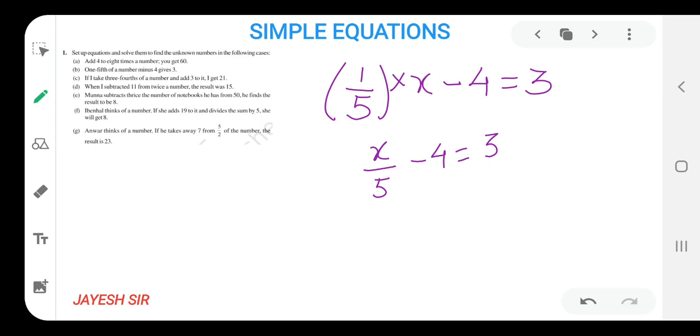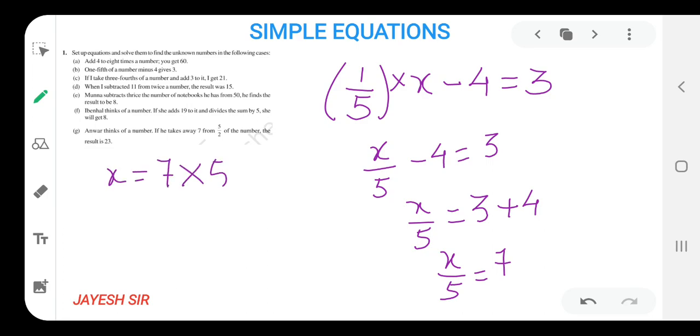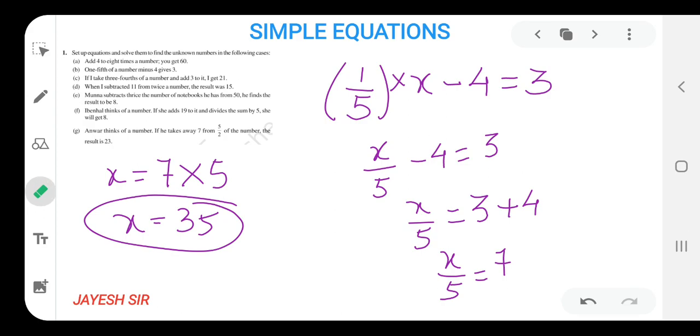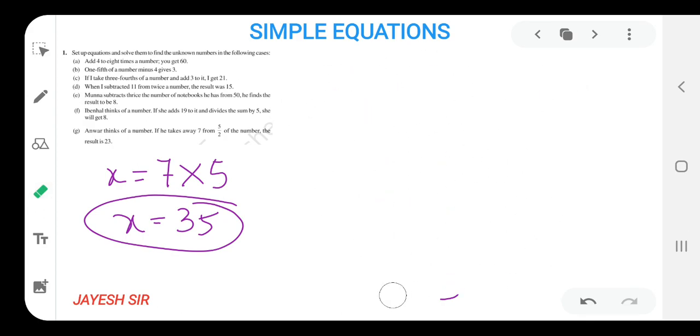Now the term having the variable should be on the left hand side only. So x by 5 as it is. Now minus 4 and 3 is on the right hand side. First we write 3 only. Now minus 4 after going to this side becomes plus 4. So what we get is x by 5 is equal to 7. Now further, how can we solve? Here 5 is in division, and after going to that side it comes in multiplication. So x equals 35. So the value of the variable we find here is 35. I hope you all are getting it, friends. Now if you are capable of solving on your own, pause the video and try to solve the remaining sums by yourself, as I am solving them here for you.